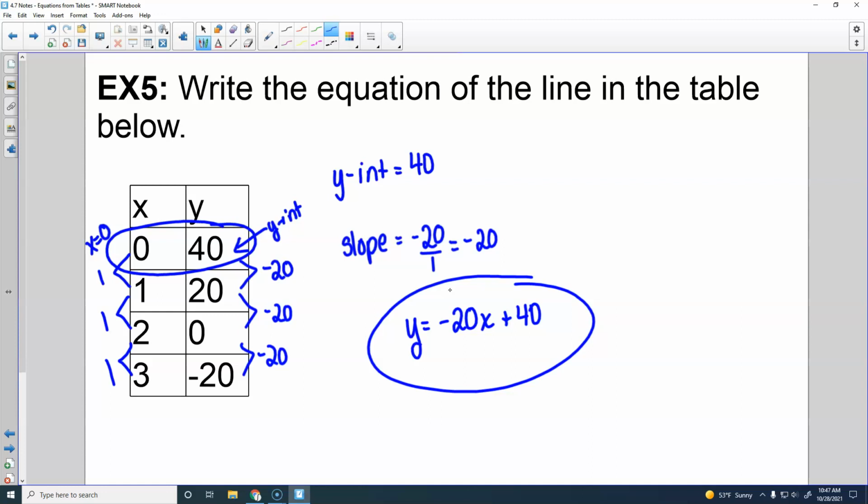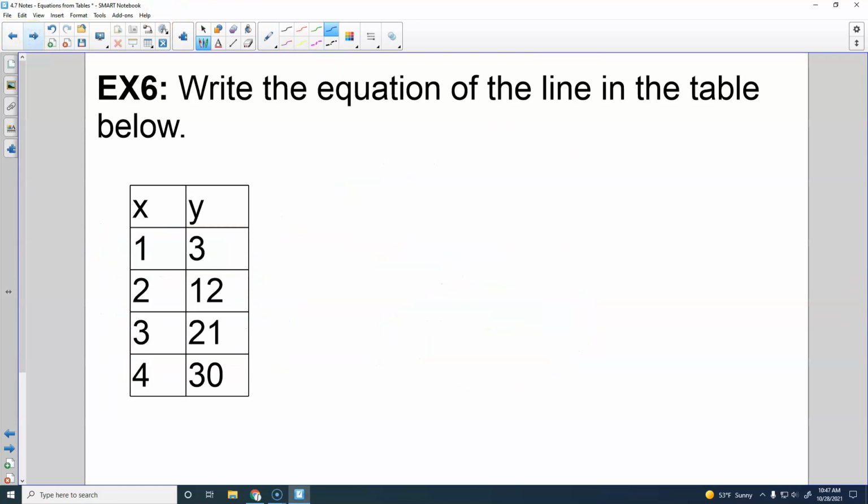Okay, questions? Okay, now let's look at this one. The numbers are too big to graph, and do I have a y-intercept on this? I could find it. Okay, if I don't have a y-intercept, then I need to start with